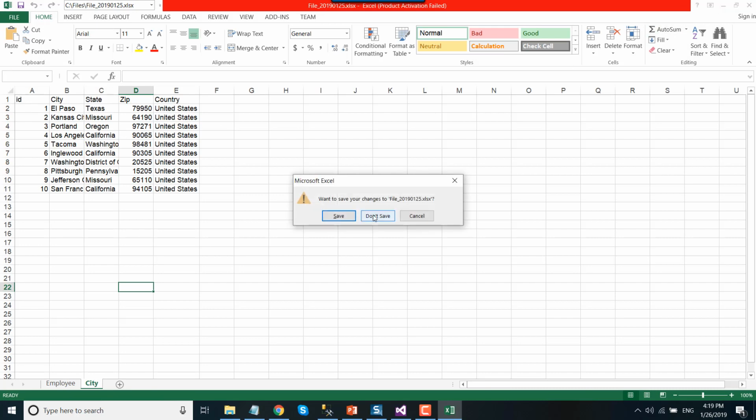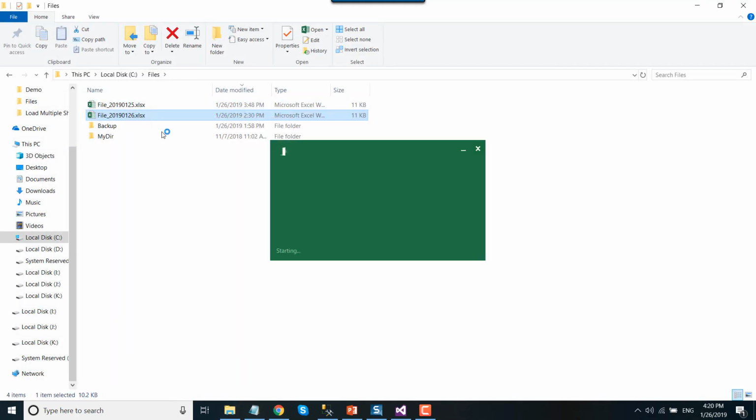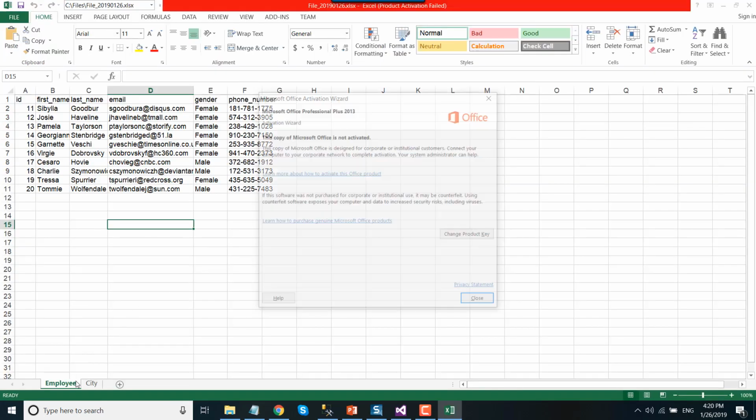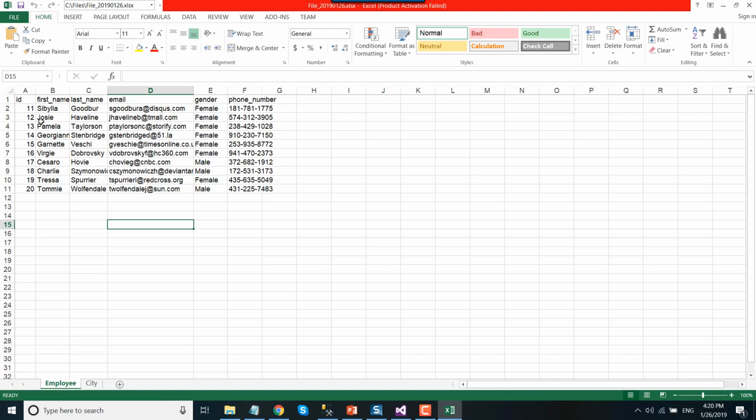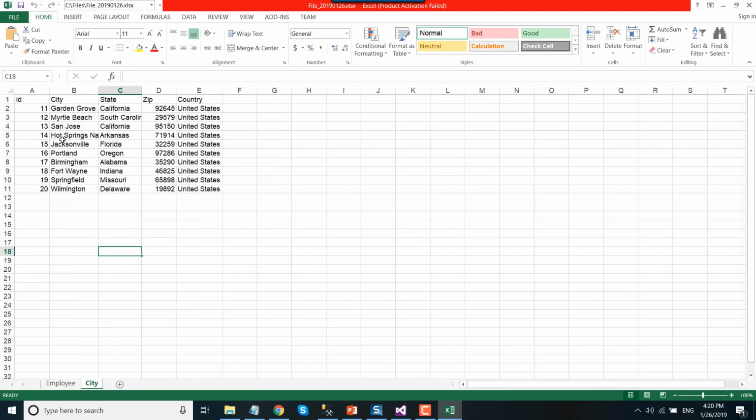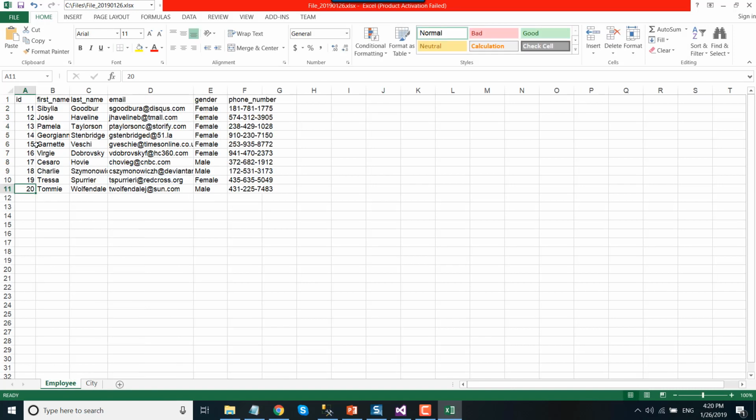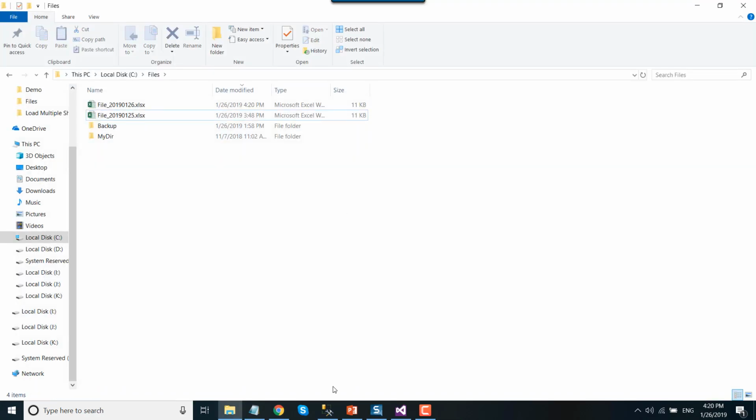Now let's check the other file as well. This particular file contains data for employee with IDs ranging from 11 to 20, and it contains some different employee records. And for city as well, the IDs range from 11 to 20. Maybe we can modify these, for example I can put 21, 22 and then 13, 14. That's fine. We can put any number here, like I can put 101, so that you can identify these records easily with these IDs. Okay, now let me save this sheet, and now let's go to SQL Server.